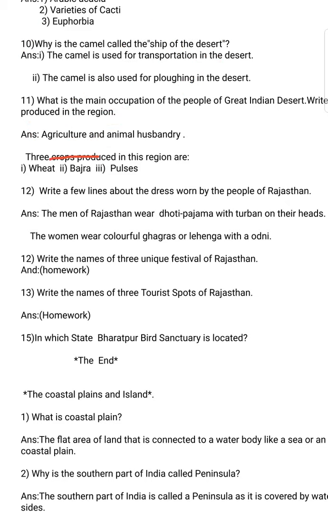Now, three crops produced in the desert area. What? Wheat, bajra and pulses. So these are the main three crops produced in the desert. Next,